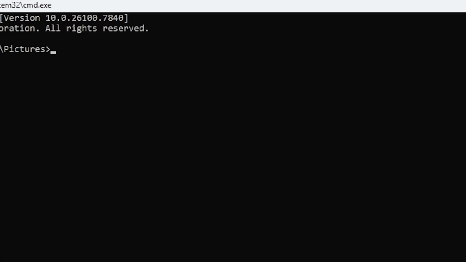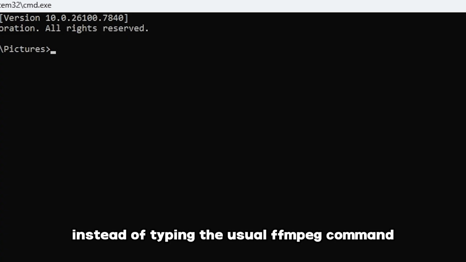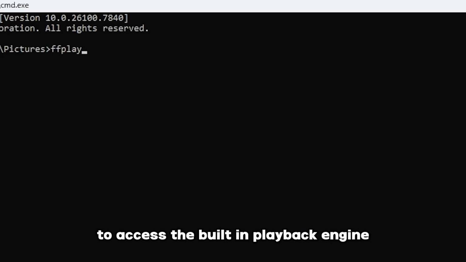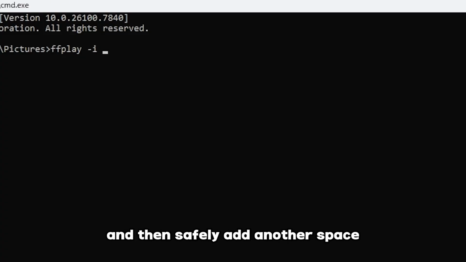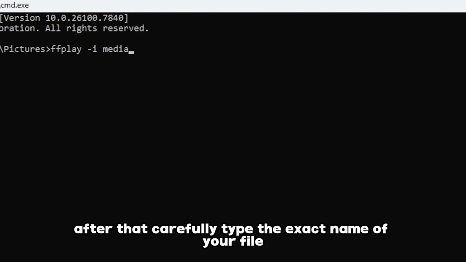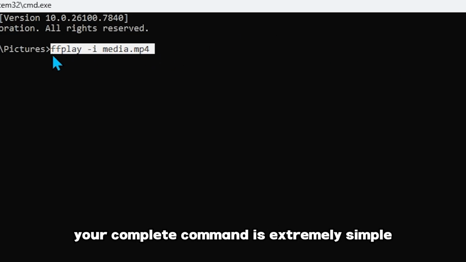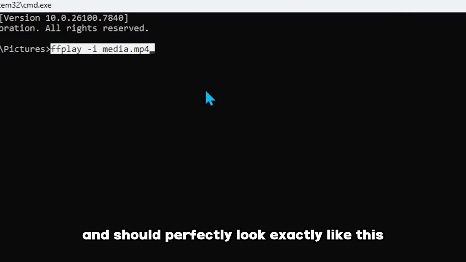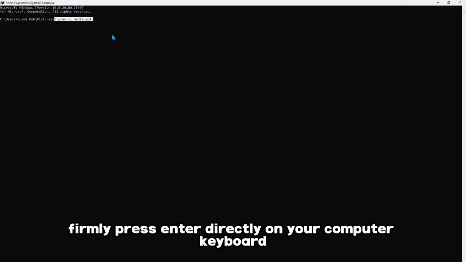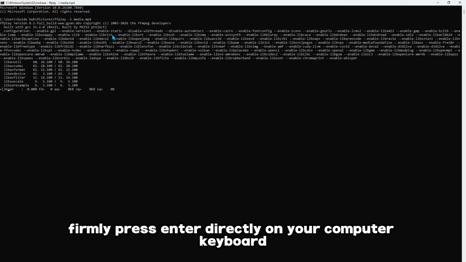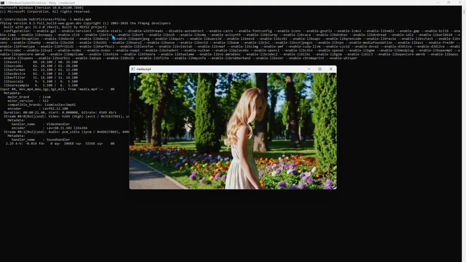Instead of typing the usual FFmpeg command, you will type FFplay to access the built-in playback engine. Add a space, type -i to indicate your input file, and then add another space. After that, type the exact name of your file, which in this case is simply media.mp4. Your complete command is extremely simple and should look exactly like this: ffplay space -i space media.mp4. Press Enter on your keyboard to execute the command and start